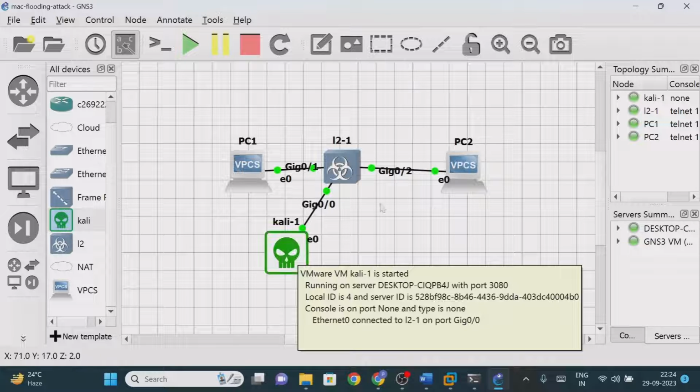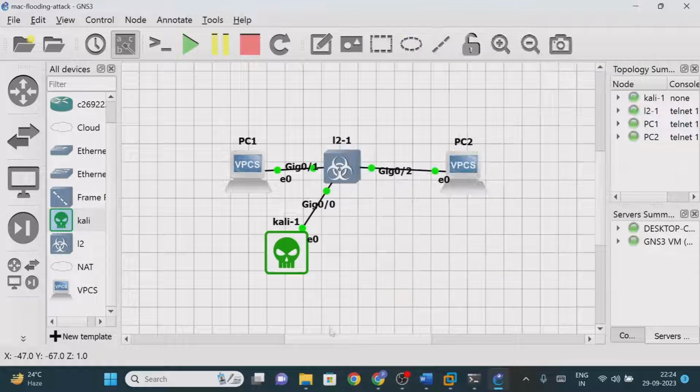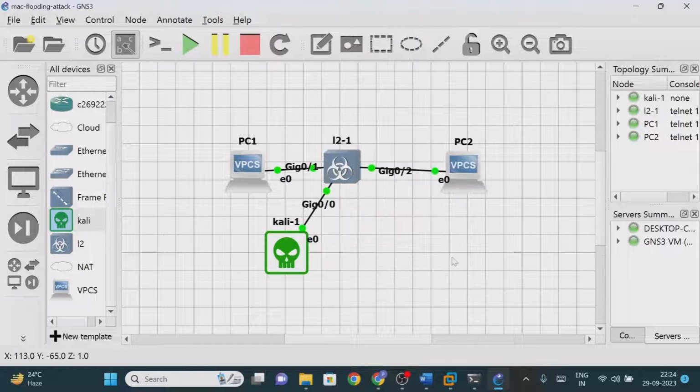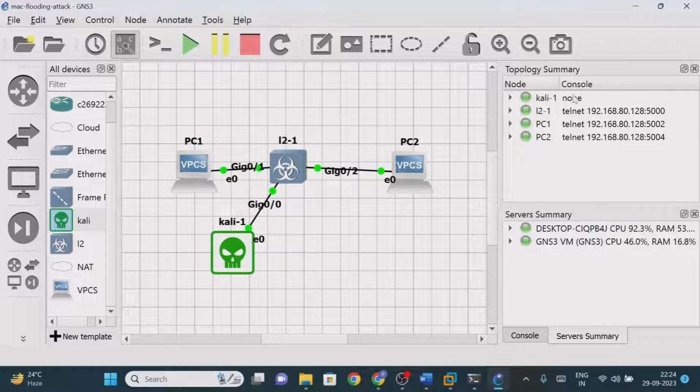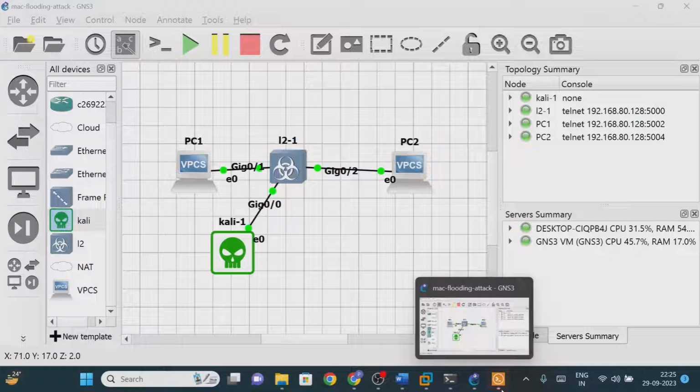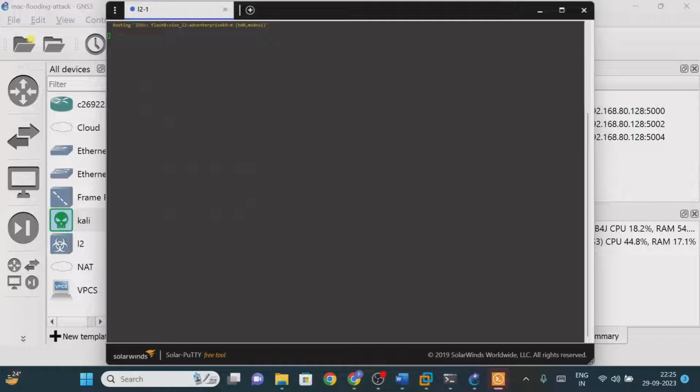Kali Linux. Now first we'll try to open the console. Just click on this switch, just click on console. Here we are going to connect through PuTTY. This is the telnet connection we have, and these are the port numbers. The switch should be loaded. Some initial configuration should be done, so it will take some time, we'll wait. So see that the switch is going to be loading.